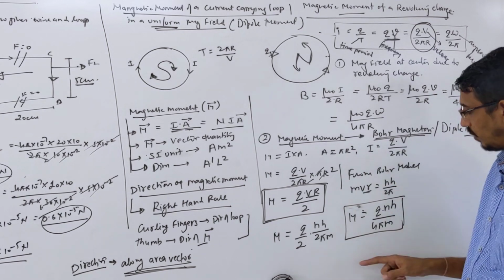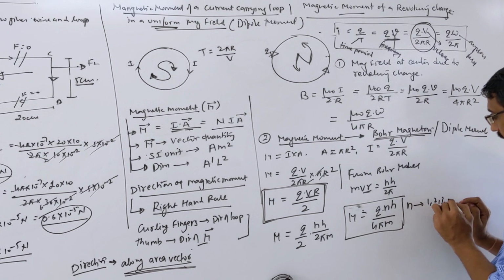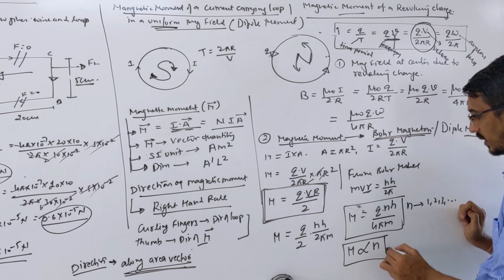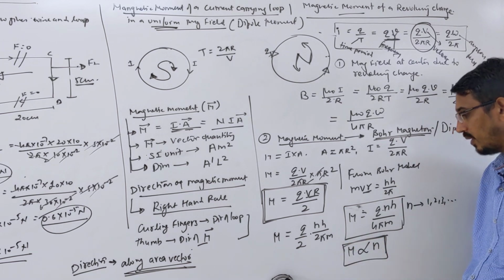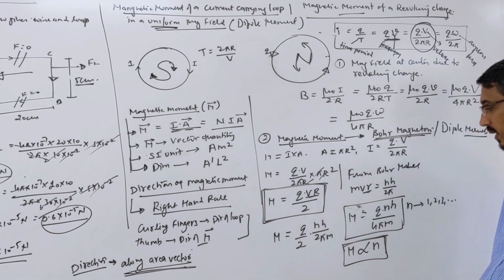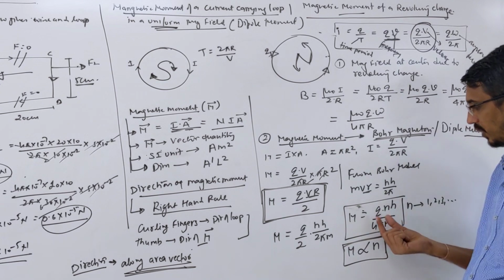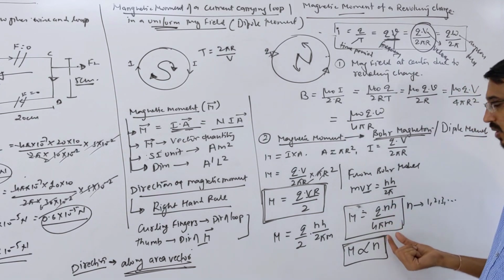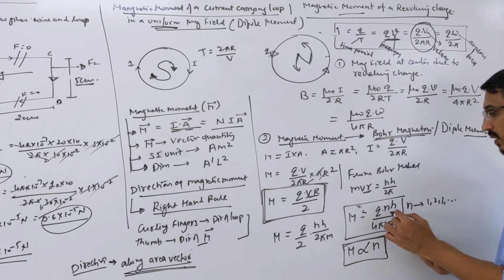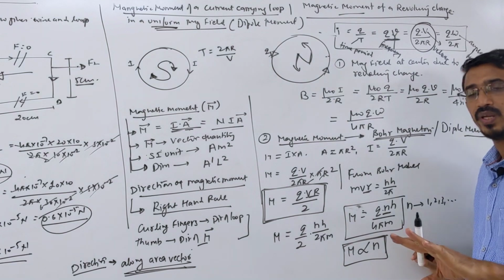You see here all things are constant, leaving n. n is your principal quantum number: 1, 2, 3. Correct? So the magnetic moment is directly proportional to the principal quantum number. This question was asked in our exam. Suppose this question is asked for an electron, then you just put e here. For an alpha particle you put 2e; depending on what charge is given, you can put it here. So q h over 4 pi is a constant, and it depends on the principal quantum number.